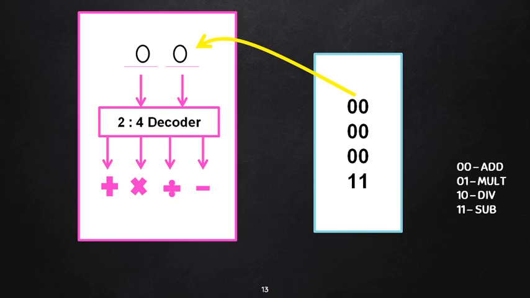If the input is 00, the decoder will decide which output has to be triggered or which program has to be executed, and it is trying to make sense from the combination of these binary digits which are being fetched from the memory to decide upon what operation has to be performed inside the circuit. This is how the decoding process occurs inside the microprocessor.